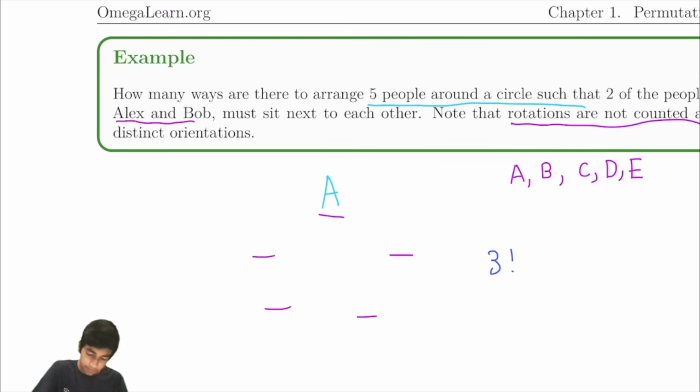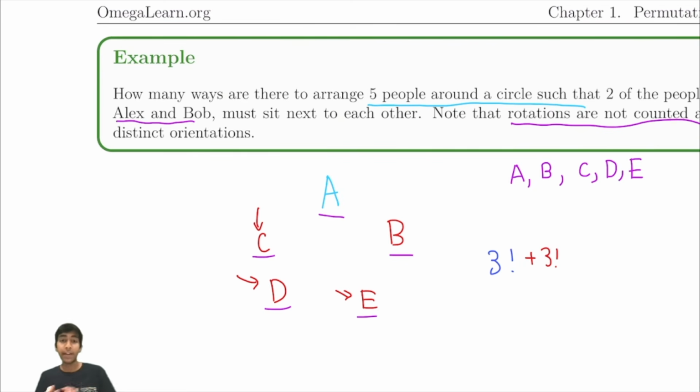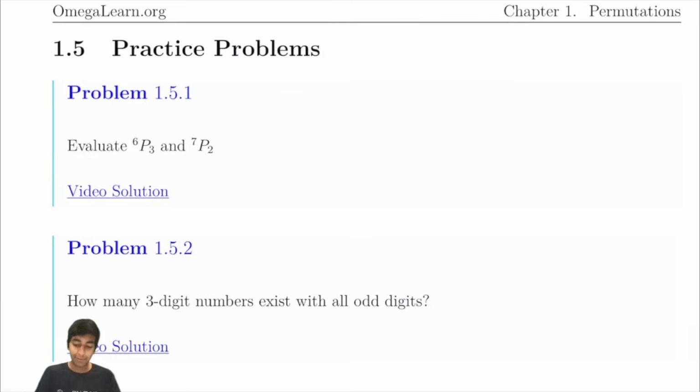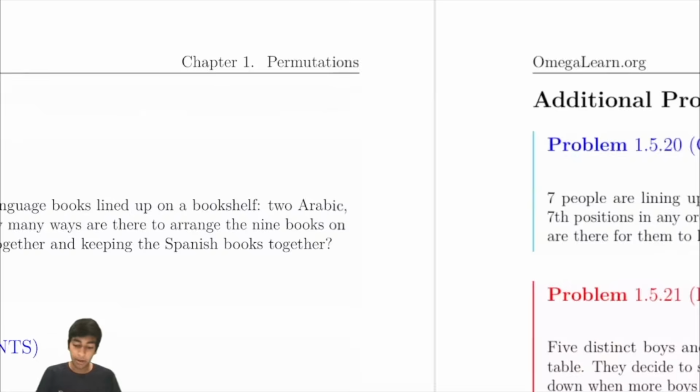Now, what if B was here, on the right? Now, there's again 3 slots remaining. Again, C, D, and E, there's 3 choices for this position, 2 choices for this position, and 1 choice for this position. So again, plus 3 factorial. So if B is on the left, 3 factorial. B on the right, 3 factorial as well. Total, there's just 3 factorial plus 3 factorial. That's 6 plus 6 equals 12. Our answer is 12. Now you can get many practice problems here in the Mastering AMC book,